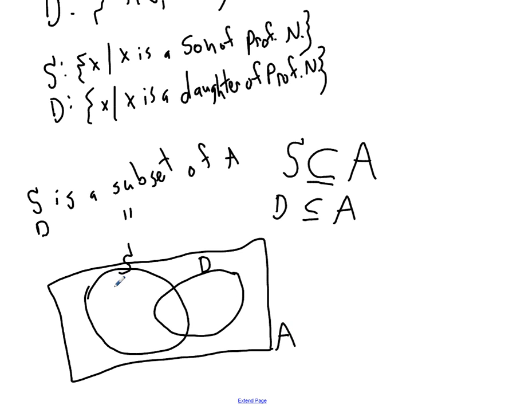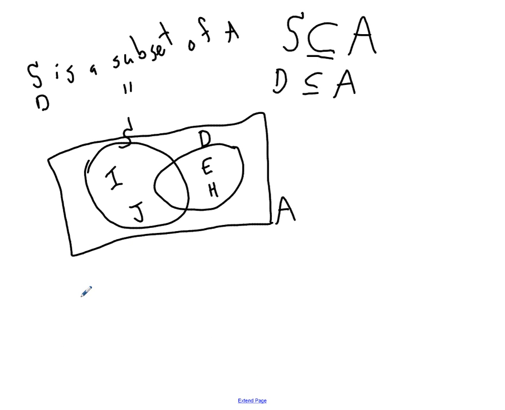And I can just list what's here. So Isaiah and Josiah are over here. Evie and Hannah Grace are over here. And notice this part is empty. They don't overlap. I don't have any children that are both sons and daughters of mine. And so I can say that the intersection